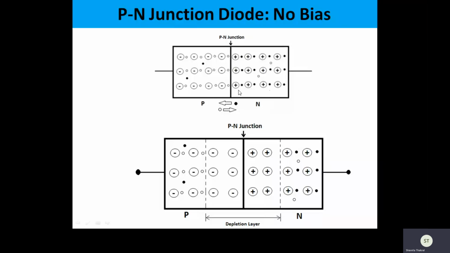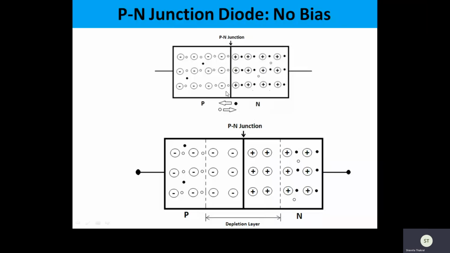And how do we define diffusion? Diffusion is the movement of charge carriers from high concentration to low concentration. And why is there movement of charge carriers? Because the same type of charge carriers repel each other. That is one of the reasons. The majority of holes are there, so they will repel each other. Here the majority of electrons is there, so they will also repel each other, so they will move in all directions.